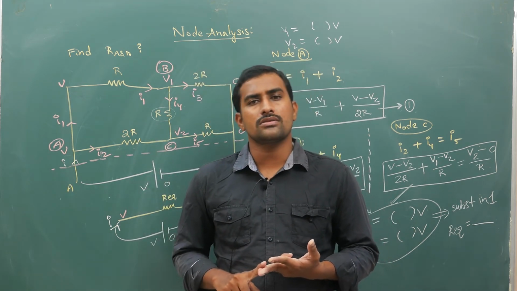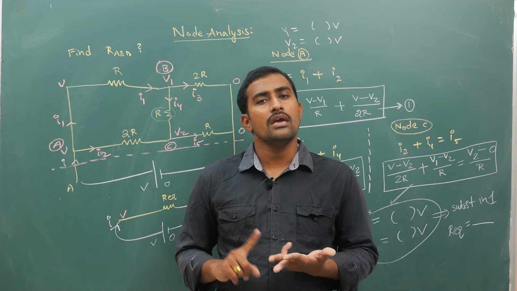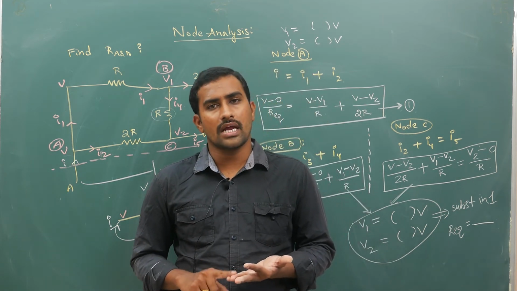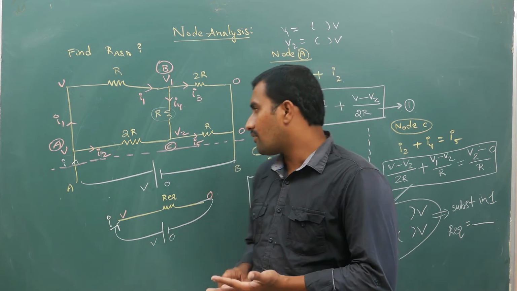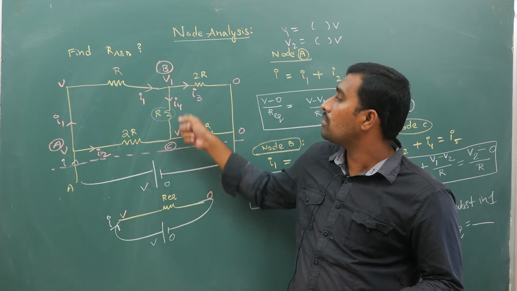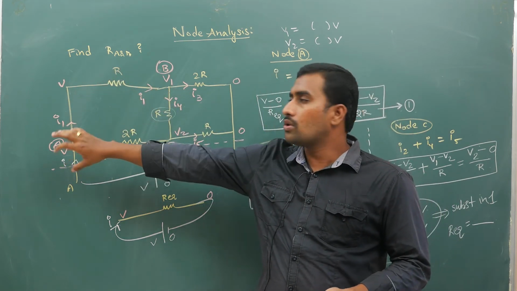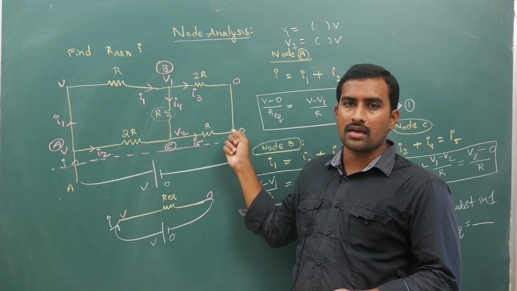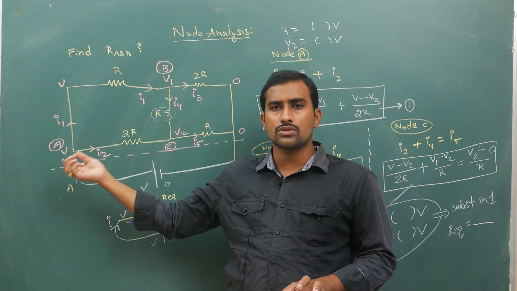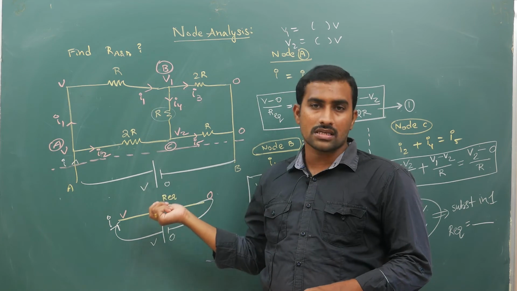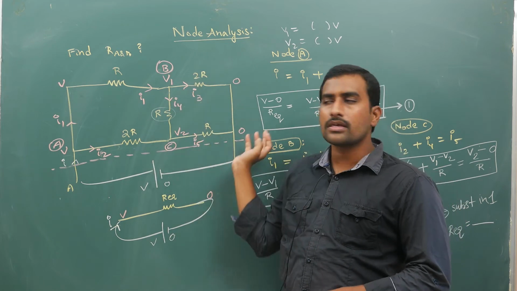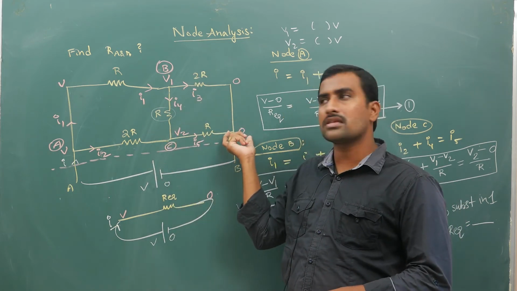In the third step, you mark the nodes. In the fourth step, you apply Kirchhoff's first law and express it in terms of potentials. While solving, go from bottom to top. Start with this node, and then this node. Don't do it in the opposite manner. Some people will ask, sir, can I apply node analysis at this point? Yes, but it is good practice to start from the left and go till this end. By the time you do it from this side, before coming to the end itself, you will get the solution. You don't need to take this node separately.